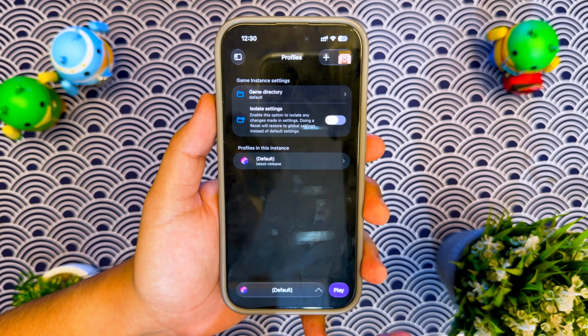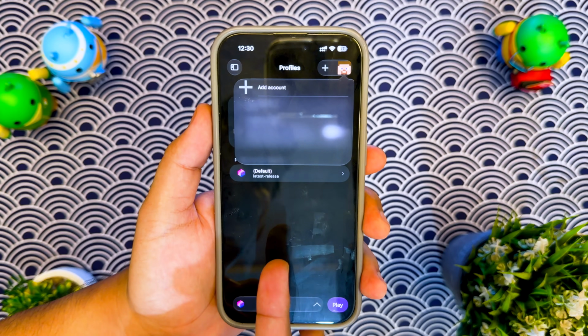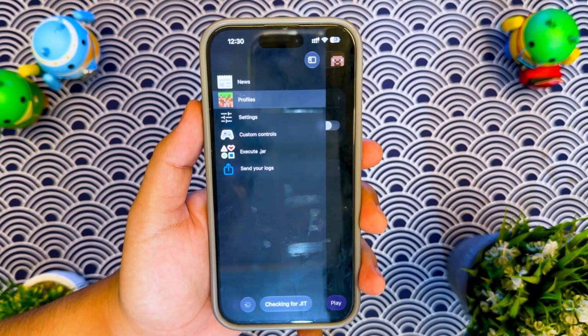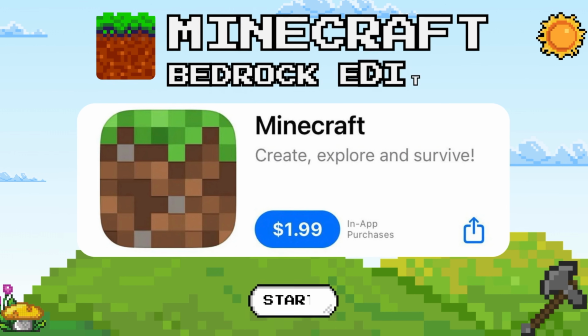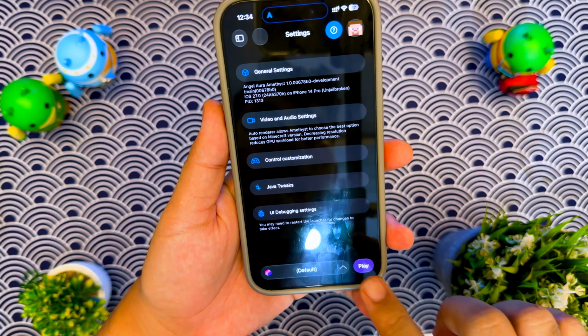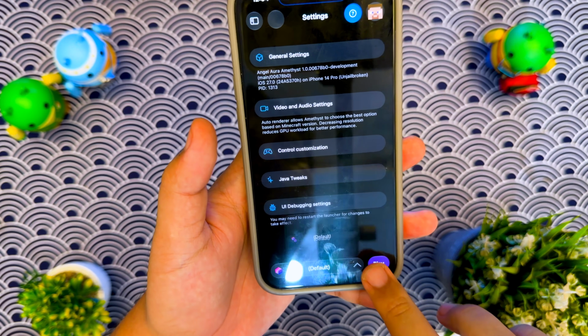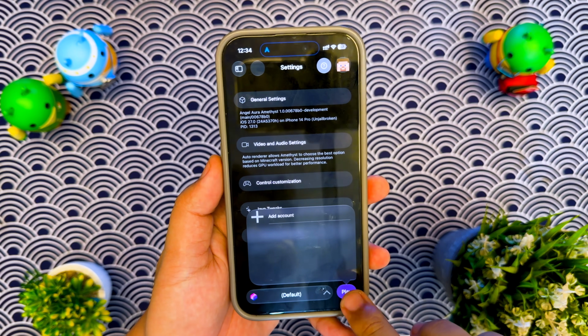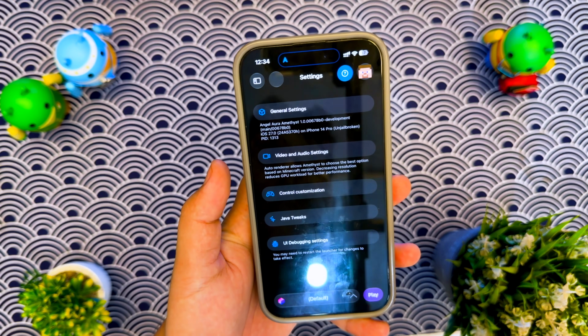What if I told you that you can run the real Minecraft Java edition directly on your iPhone or iPad? And I am not talking about Minecraft Bedrock Edition from the App Store. This is the actual Java edition, complete with Java servers, different Minecraft versions, customizable controls, and even support for selected